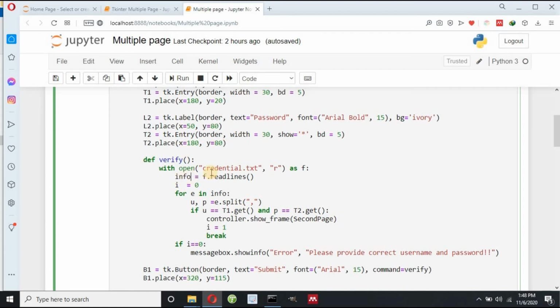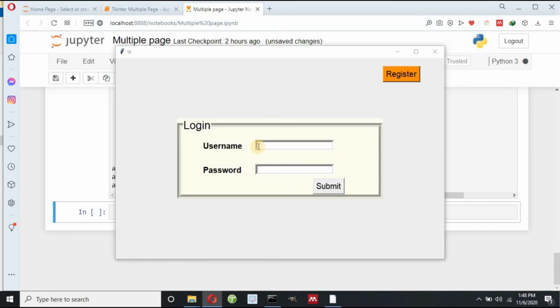So first of all, you have to understand what t1 and t2 refer to. t1 and t2 refer to this text page. If I write here IG Tech Team, then t1 equals IG Tech Team. If I write password Ishwar, then t2 equals Ishwar.